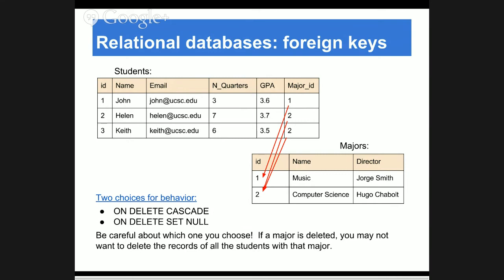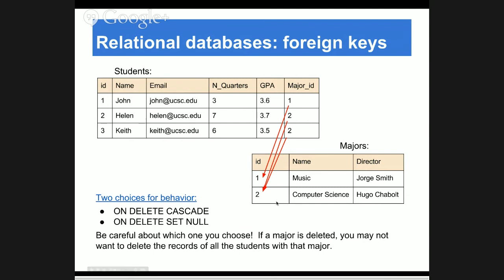What happens if you delete data? For example, what happens if you delete the computer science major? Maybe because you want to rename it. Suppose one day we merge with computer engineering and now we have only the CSE major, or whatever it might be called. So I'm deleting the computer science major because I'm adding another one. What happens to the students that have chosen computer science as their major?